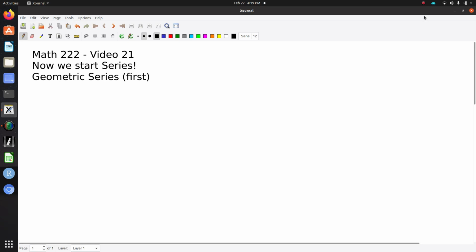Okay, so now we officially start series, and now we can officially add stuff together. So we call this first set of examples geometric series. You can call them exponential, and there's different words, but this is the gist of what we're talking about. I want you to think about this. What happens if I do the following? The simplest example is